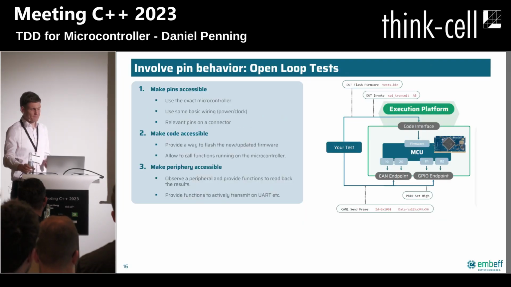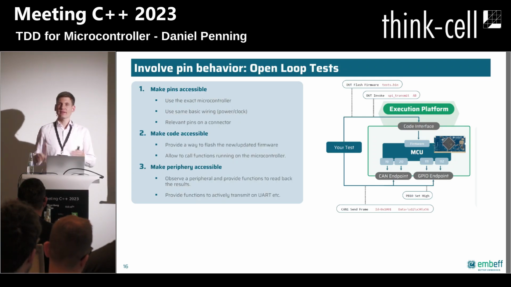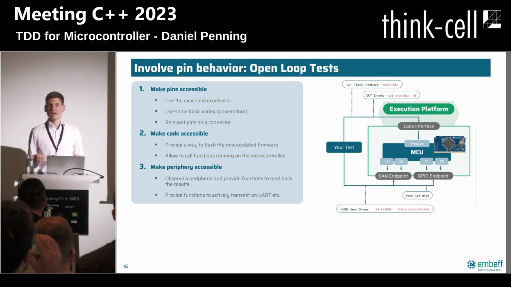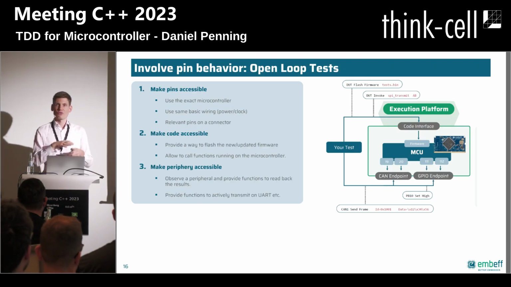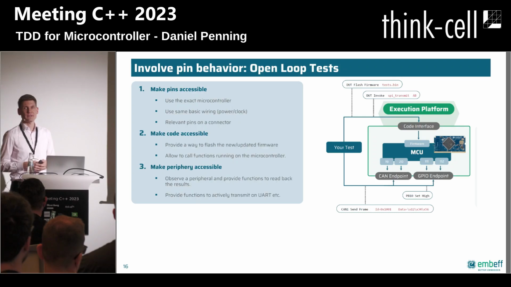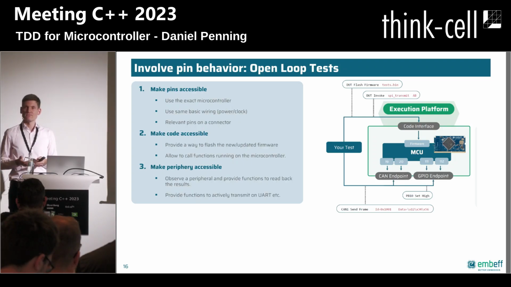So, sorry, we need to find a way to involve pin behavior, to really test what is happening at the pins and not some thoughts or assumptions about our implementation. Test at the pin. This is what will drive success or failure in production as well. So what I will now tell you is something we at my company call open loop tests. It's a new way of testing code that is hardware related and makes changes at the pin level.